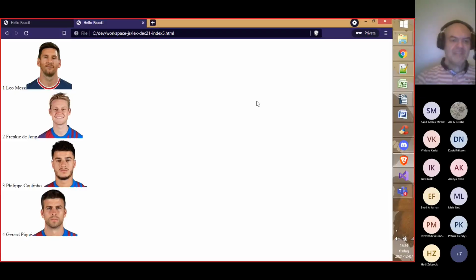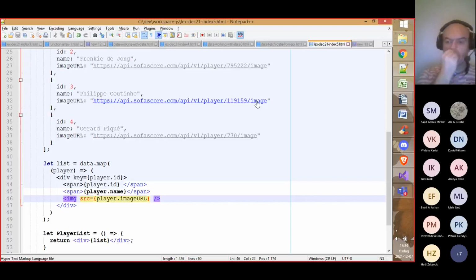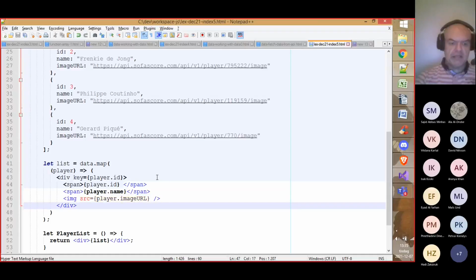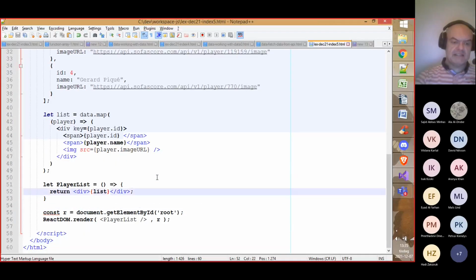Yeah, so we transformed the data that we had, which was in objects, to JSX code. And we still stored it in an array. Because of that, we were able to display it with just this one line here, because